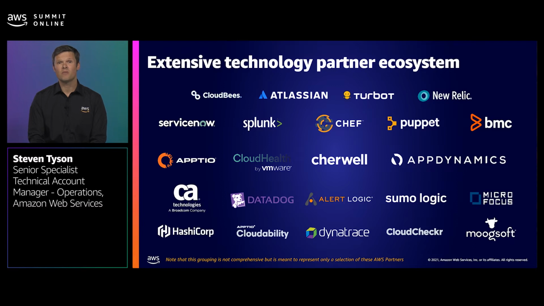Now, I've spoken a lot about the theory of monitoring and observability in AWS, but what does a real-world view of all this look like? Well, for that, let's hand over to our next presenter, Frank, and he can walk us through how Jane supports an e-commerce pet adoption application with a microservices architecture.